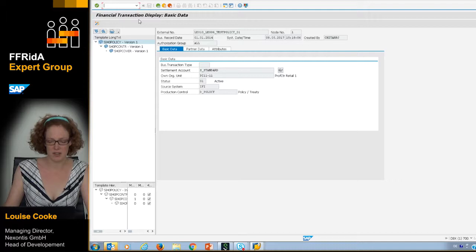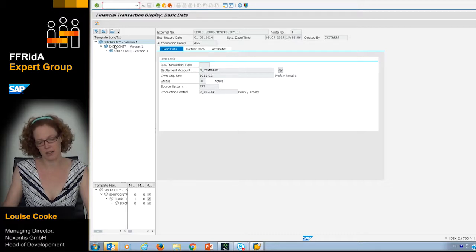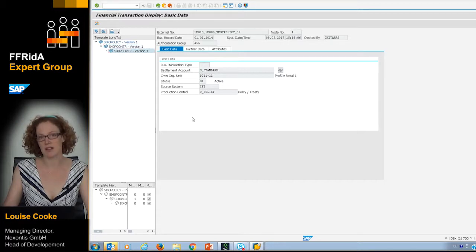And here what I have is just one snapshot of what a policy can look like in the system. What we can see is that our pre-configured policy, it generally has 3 hierarchy levels. So on the left-hand side of the screen, we see one policy, which can have 1 to n contracts, which can have 1 to n coverages. This is the general idea behind the policy template. We see on the right-hand side that we have a number of attributes that we can fill, and indeed some of them we need to fill in order to be able to run the IFRS 17 processes.